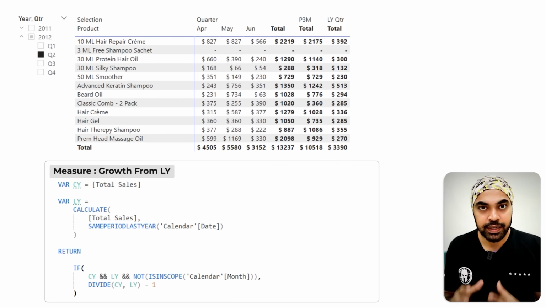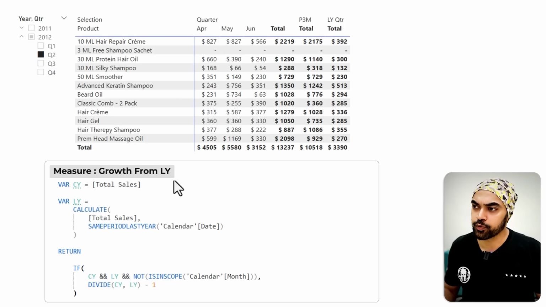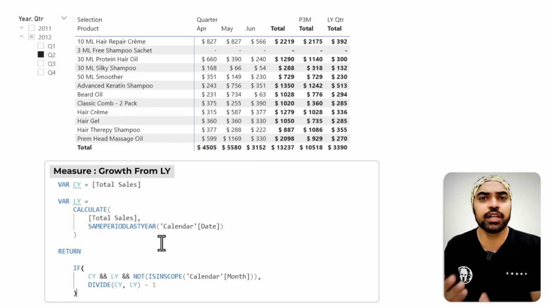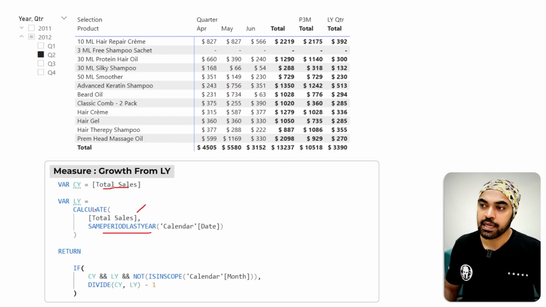All right, so I create my last calculated item in my calculation group, which is called growth from last year, and the DAX for that is ridiculously simple. All that I'm doing is, in the current year variable, storing the total sales, then last year is the same period last year of total sales, and then I'm just doing the comparison of the current year versus last year in